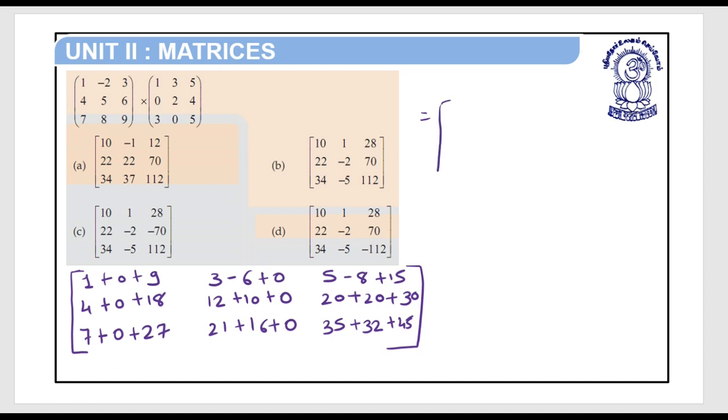So 9 plus 1 10, minus 3, 20 minus 8 12, 4 plus 18 22, 12 plus 10 22, 70, 34, 37, 35 plus 32 plus 45, 1 1 2. So right answer is